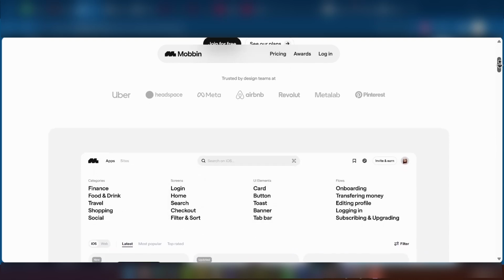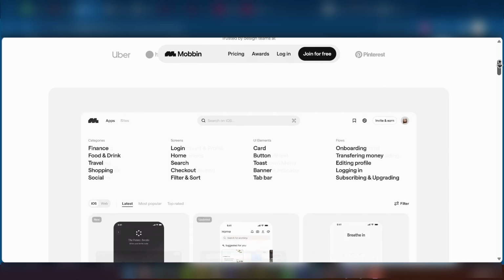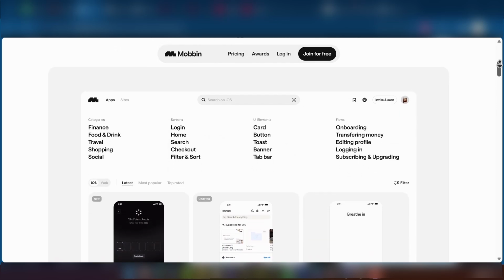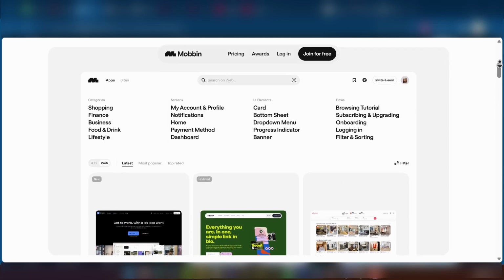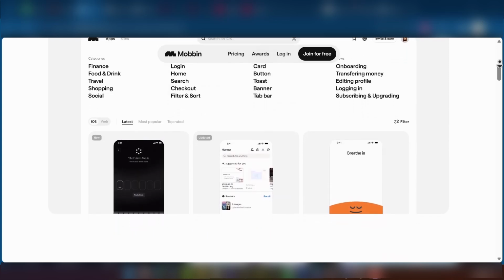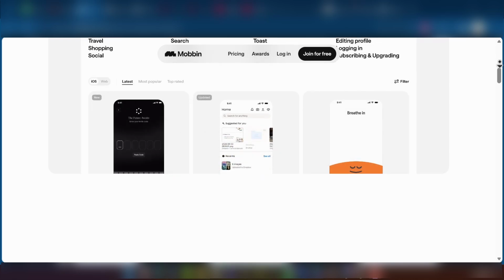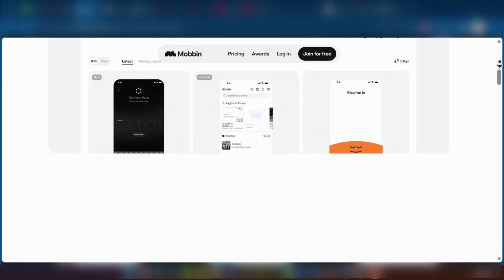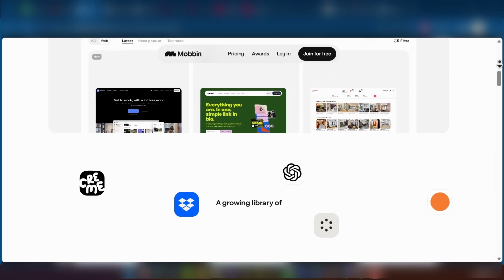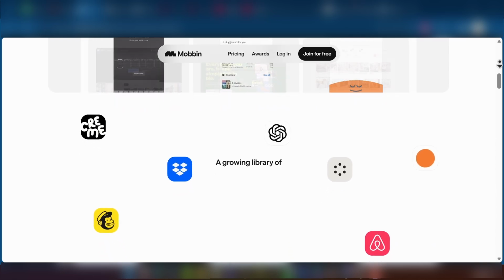In the past, we relied on conceptual shots from sites like Dribbble, but those often prioritized aesthetics over real-world functionality. Well, today we're mastering Mobbin.com, the industry's most powerful library of real-world mobile and web design patterns. Used by teams at Airbnb, Netflix, and Uber, Mobbin allows you to deconstruct the exact user journeys of the world's